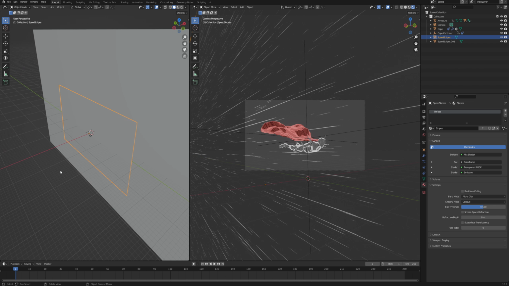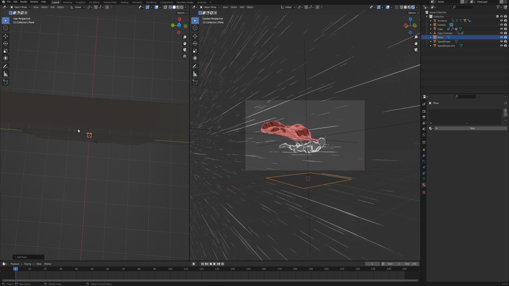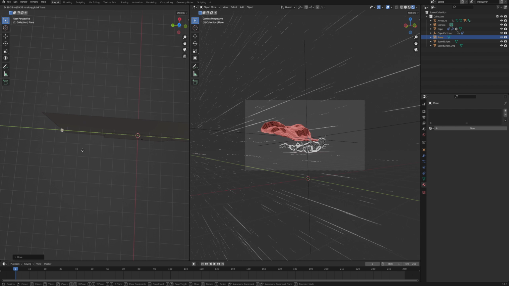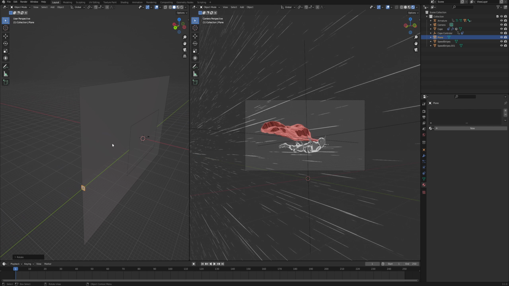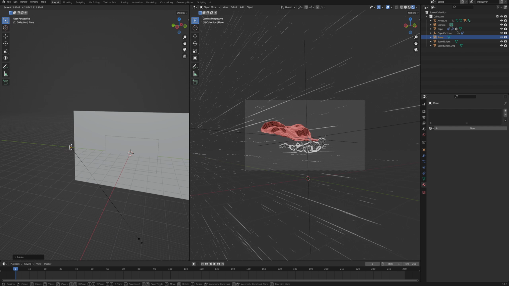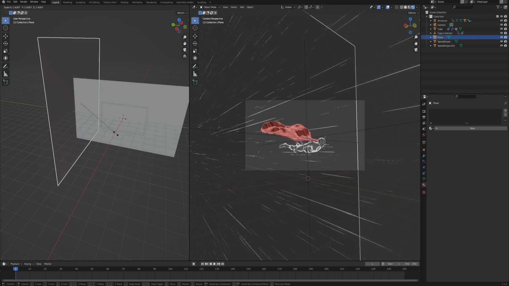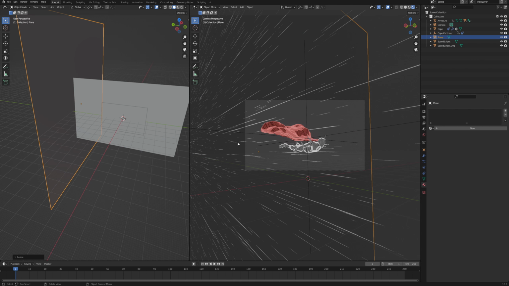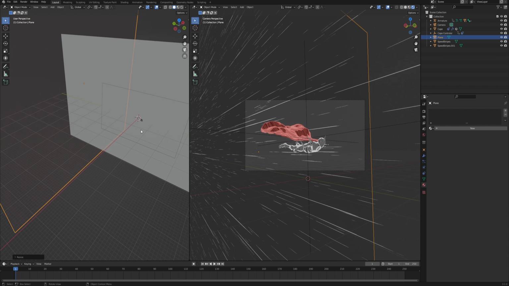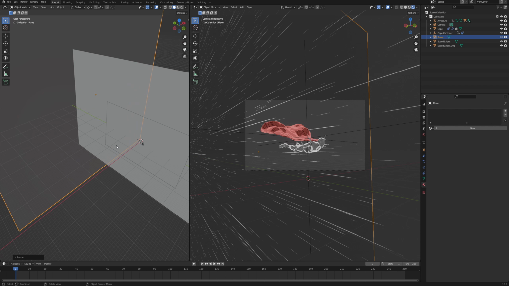So for that again, Shift A, Mesh, Plane, and now let's move it out of the way quite a bit. And this time, because it's a background, we want it to be perpendicular and actually blocking everything that we can see through the empty space in here. So just make sure that it's covering all this empty space in here. And what we also want is we want it to be aligned with the camera, so that no matter how we rotate or move the camera, our background will always face it directly.